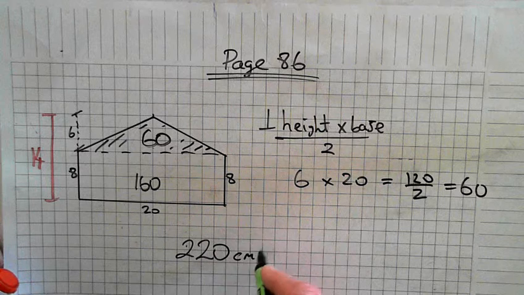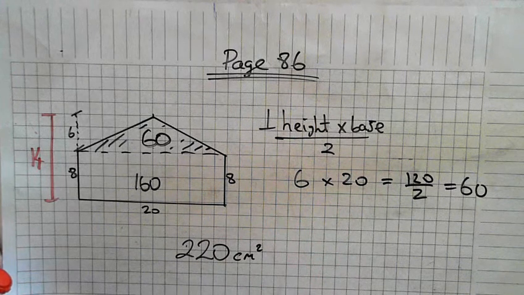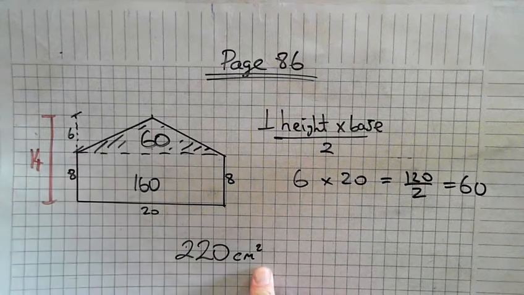220. So if it was centimetres, that's centimetres squared. If it's metres, it's metres squared. Right. Questions in a minute. Right. The next one is,